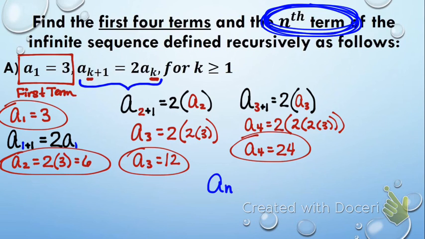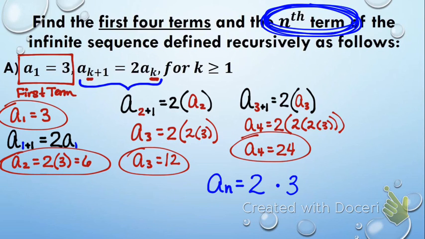So to find the nth one in the sequence, what number stayed the same every time as I wrote down how we were finding it? The 2 didn't always stay constant. Here I have 1, 2. Here I've got 2. Here I've got 3. The 3 happened just once each time, right? And we're multiplying by 2, but how many times we multiply by 2 depends on where we are in this pattern, right? So it's 2 to some power